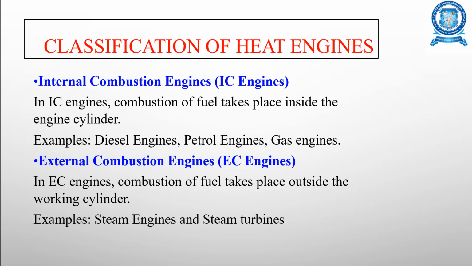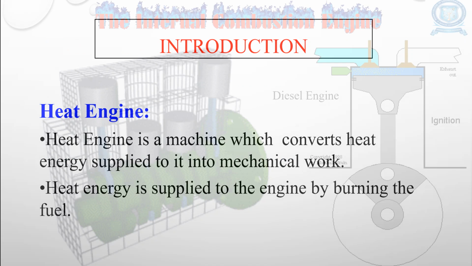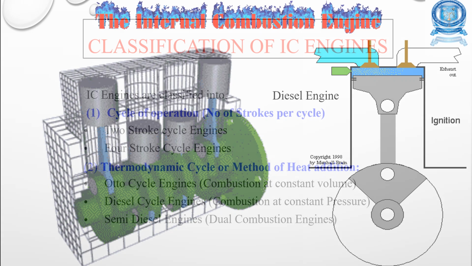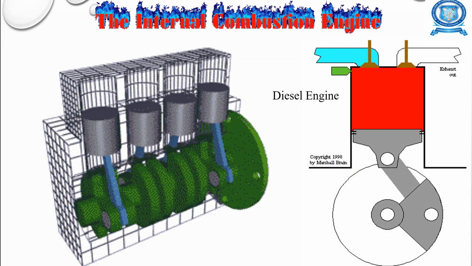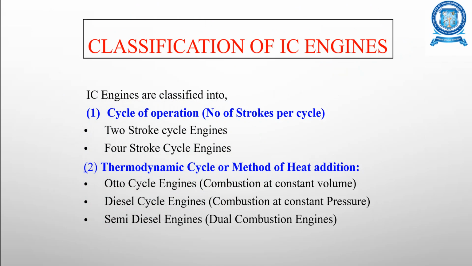And heat engines can be classified into two types, that is internal combustion engines, also called as IC engines. And here the combustion of fuel takes place inside the engine cylinder. For example, diesel engines, petrol engines, and gas engines. And coming to the external combustion engine, that is EC engines, the combustion of fuel takes place normally outside the working cylinder. And the examples are steam engines and steam turbines. So this is working of internal combustion engine,